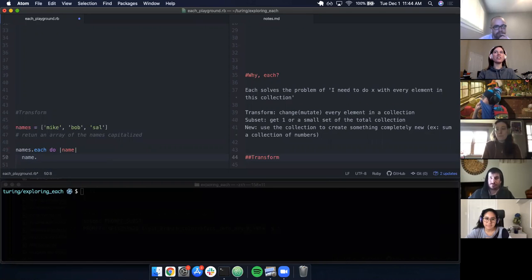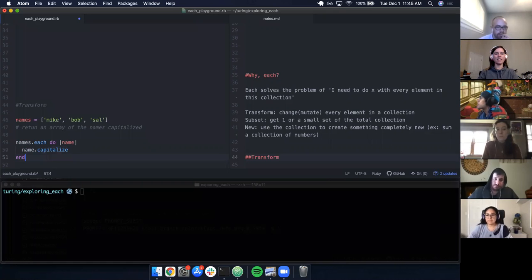Actually, we're going to change this to name.capitalize. I just want the first letter to be capitalized. No worries. Upcase is also a very useful method. There we go. And then on the next line, we put end. Great. And then just so that we can see what is happening in here,